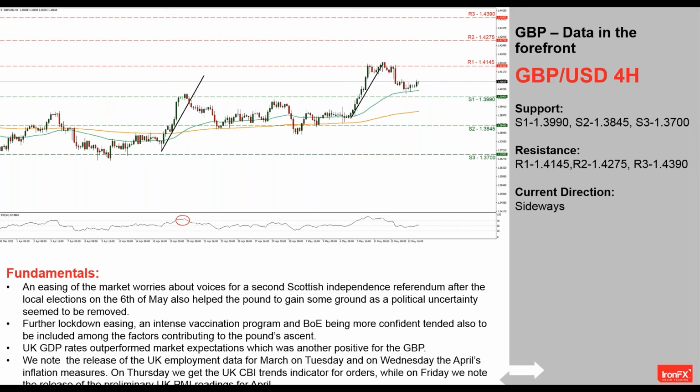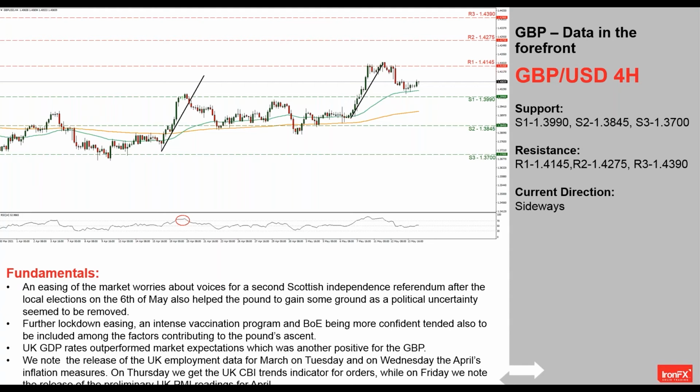The main reason seems to rely on the idea that should the disease spread like wildfire once again, we may see the easing of lockdown measures in the UK being put in jeopardy, thus creating substantial worries for a slowdown in the UK's economic recovery and a return to normality.